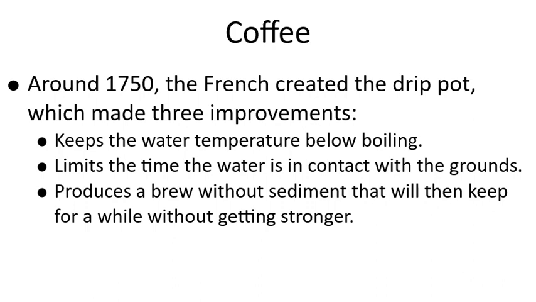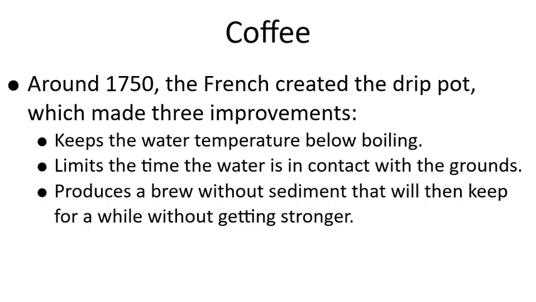The drip pot makes three major improvements. First, it keeps the water temperature below boiling, which will reduce the extent of extraction of those bitter compounds. Second, it limits the time the water is in contact with the grounds, which prevents the over-extraction of those grounds. And third, it produces a brew with relatively little sediment, and so once the brew is complete, the flavor